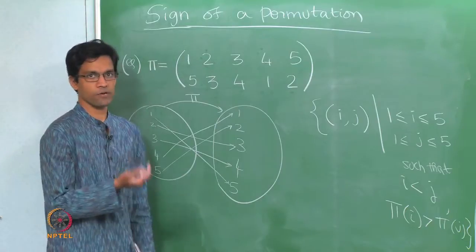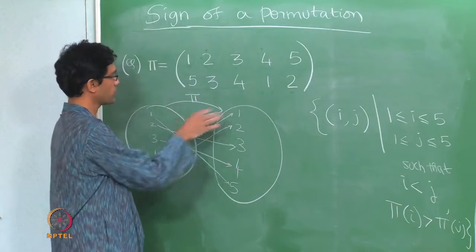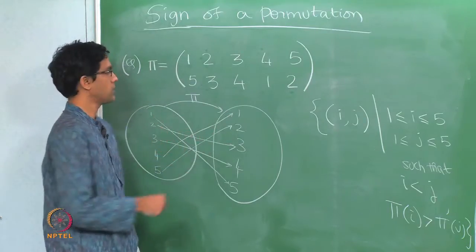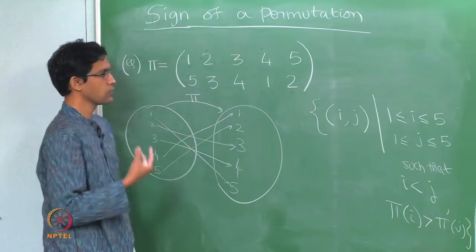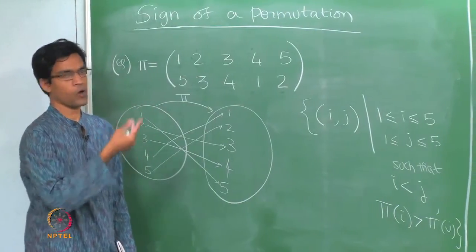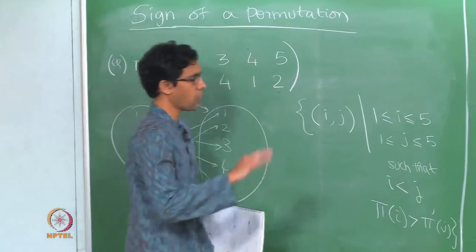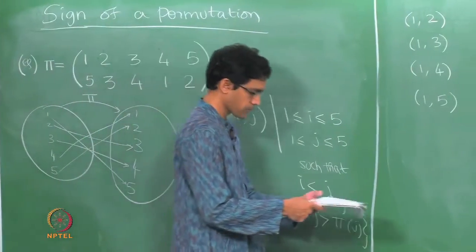Sometimes these are called the inversions. These are the places where, if there were no permutation, if everything mapped to itself, you wouldn't have anything out of order, but because pi in general reorders the numbers, you will typically have pairs which are out of order, they are in the wrong order in some sense. So this is that full list of elements whose order is somehow changed by the permutation pi.